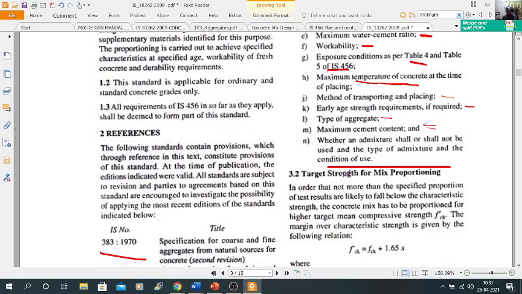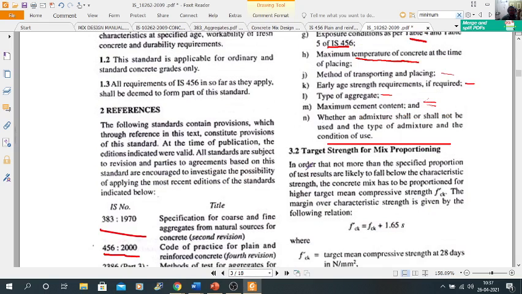So when we are using the local material, then we are able to get the cheap or economical cost. In every area, the properties of ingredients are changing drastically, so that will affect the properties of your concrete.